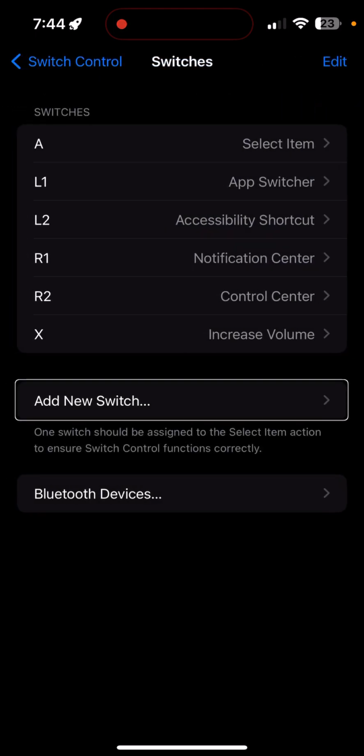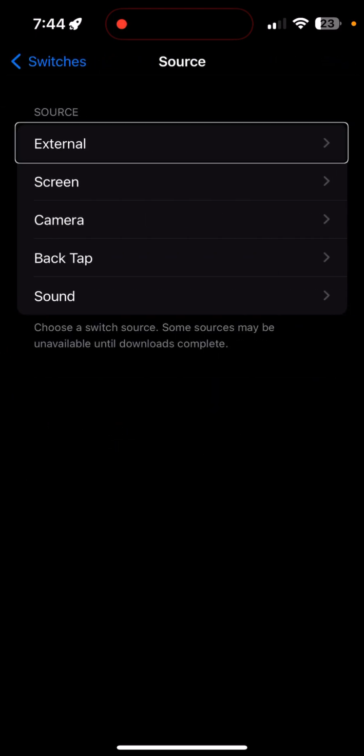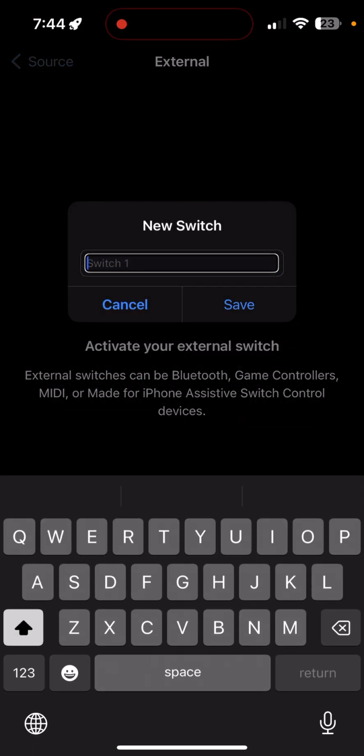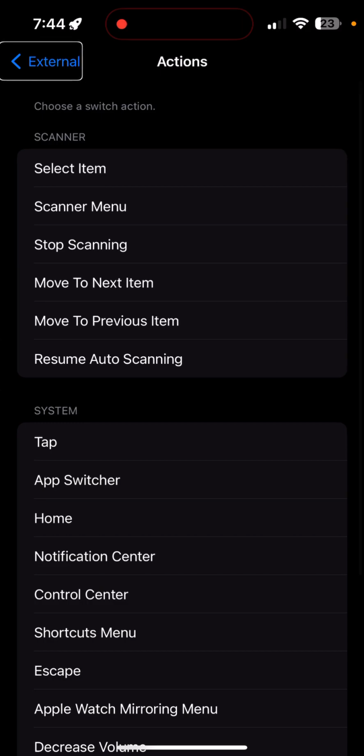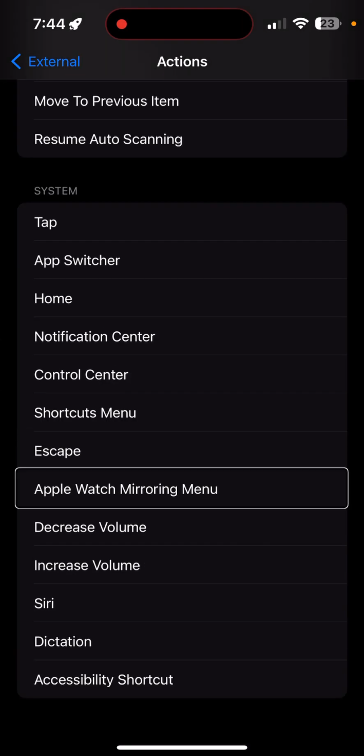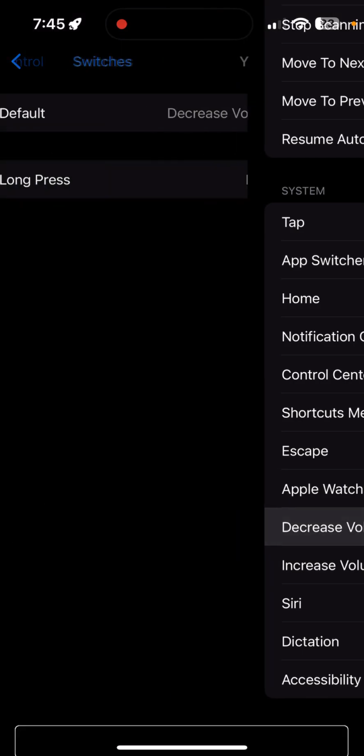Switches. Add new switch. Button. Source. External. Selected. Activate your external switch. Y. Alert. New switch. Cap Y. Can't save. Y. Save. External. Back button. Shortcuts menu. Escape. Apple Watch mirror. Decrease volume. Switches. Back button. Now, if we try to use these buttons now,